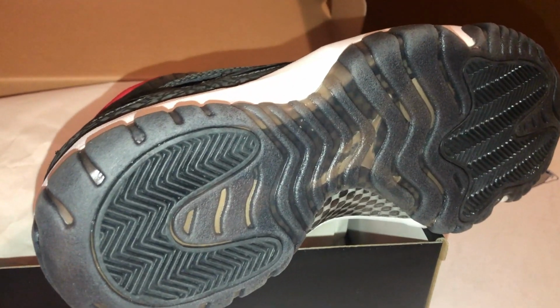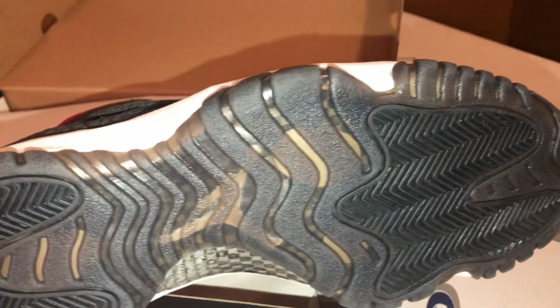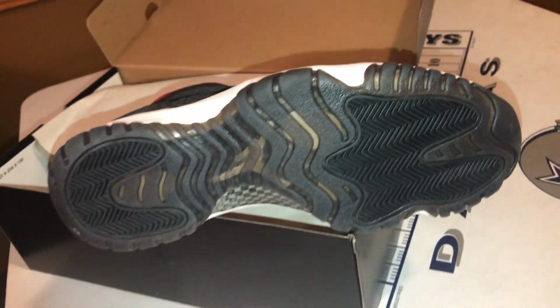You think with the carbon plate here, the sole pattern's all the same on the bottom of the shoe. Actually, from here down, it looks exactly like an Air Jordan 11, but then you get up to the top level and it looks completely different. So the Space Jam colorway is coming out, like I said, this weekend, and it's gonna bring back patent leather,